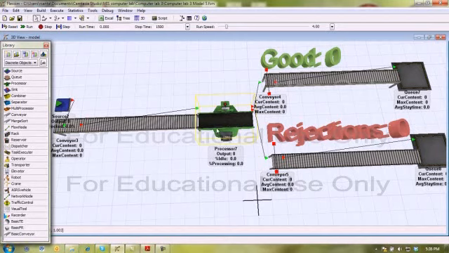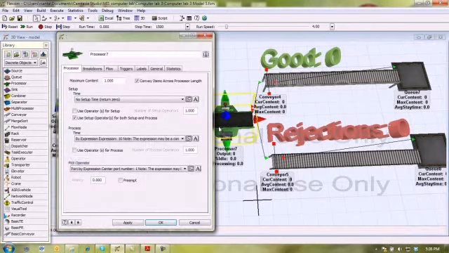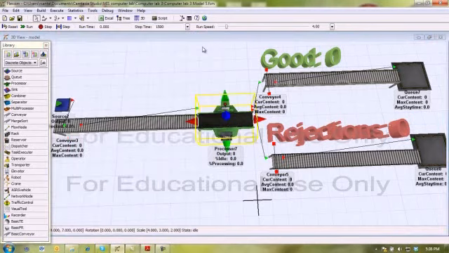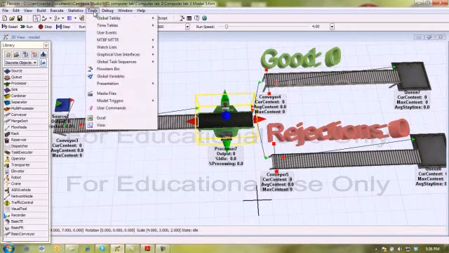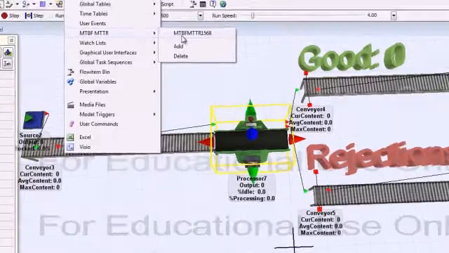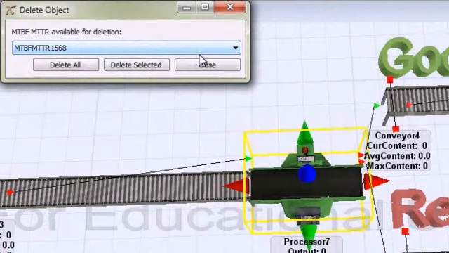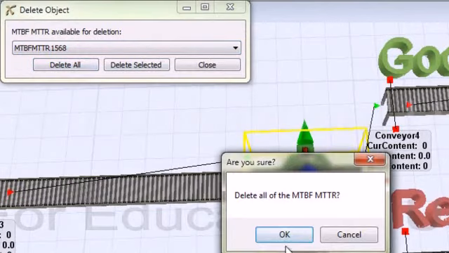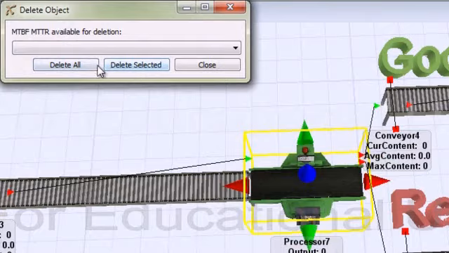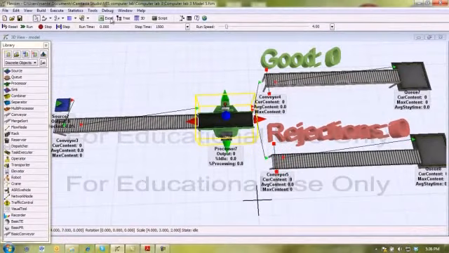So this machine, this processor, has to go for maintenance. So let's double click in here. No, it's not in here. Sorry, it's in tools. So we have to go to tools and let's check this option, MTBF and MTTR. I already have created this MTBF, so I can delete it. So I will delete all to start again, and I will create a new one. All right. So tools,